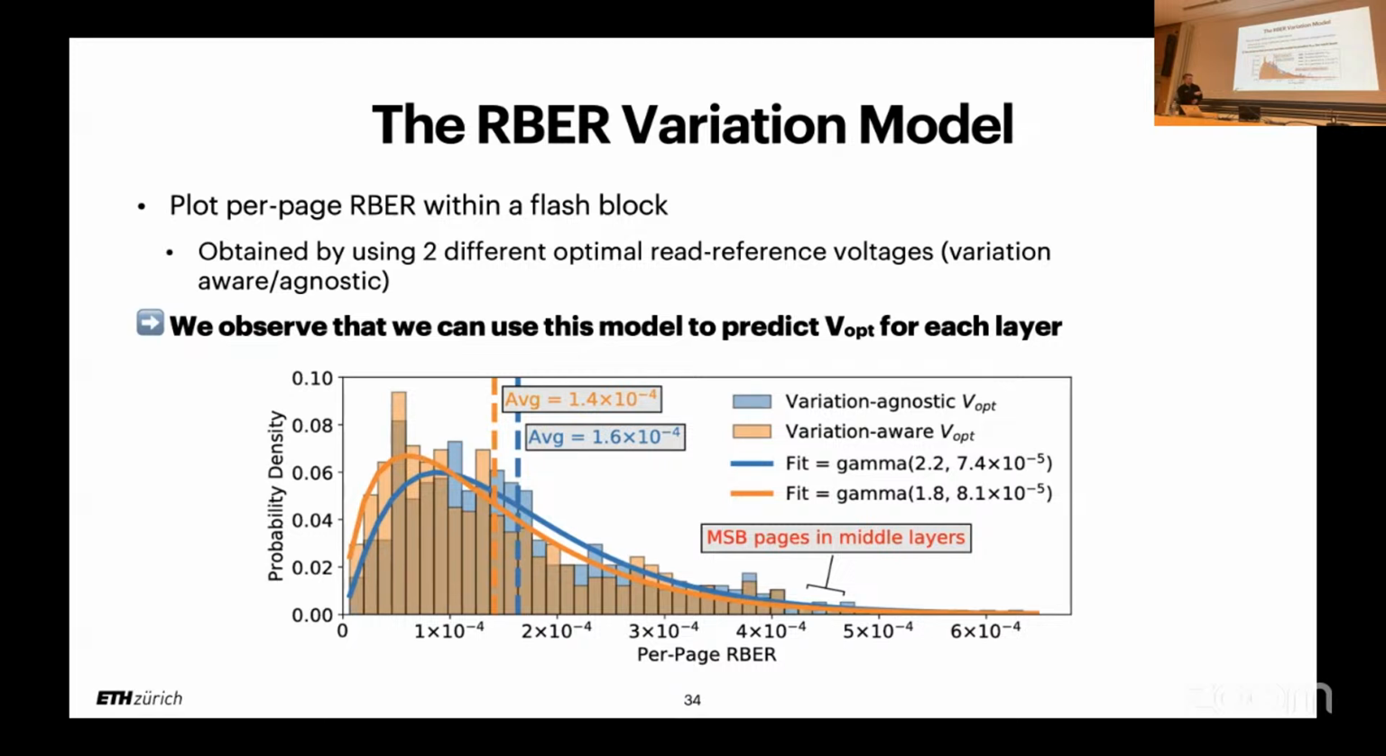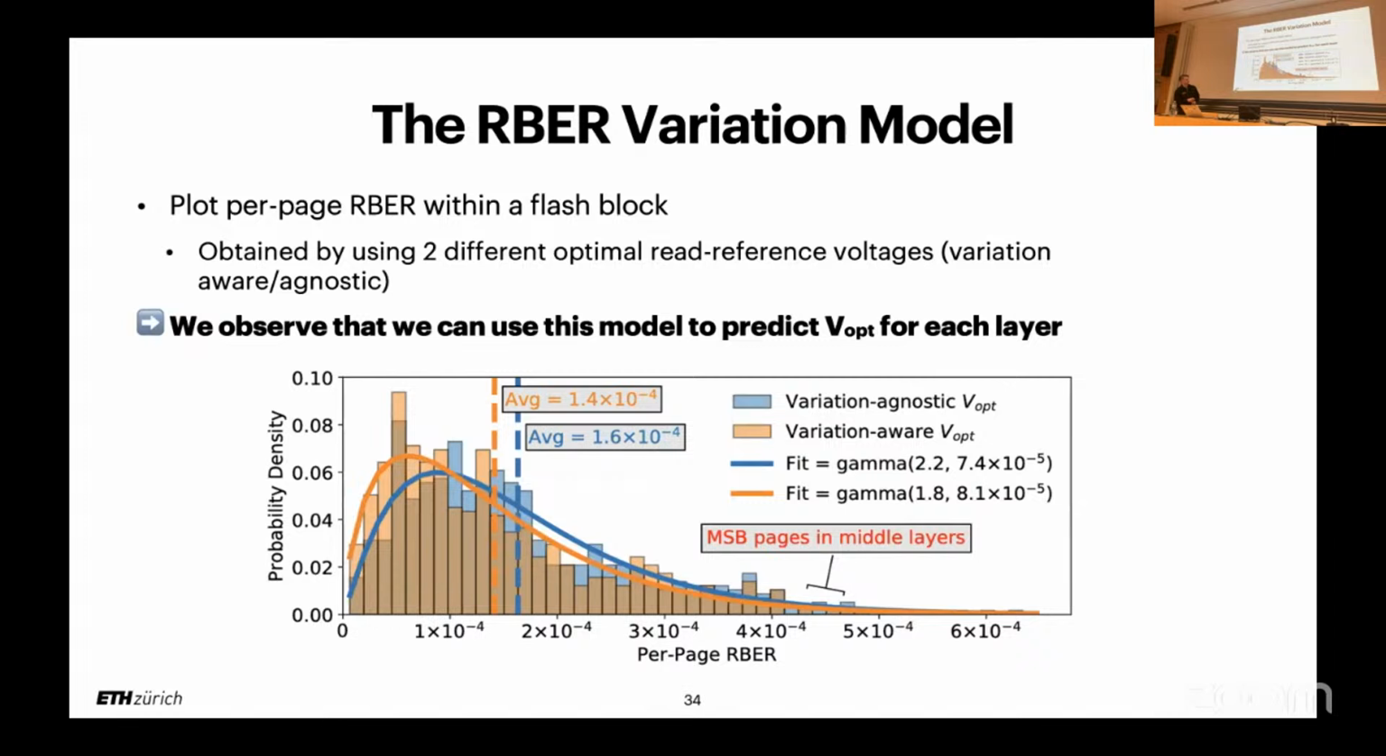Now, the variation aware VOPT is this plus an offset for the layer in which we read from. So if we apply this voltage to read different cells in different layers, we can categorize the error rate. So here you can see that this would be a very high error rate, and this would be a low